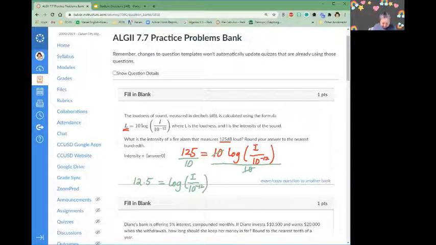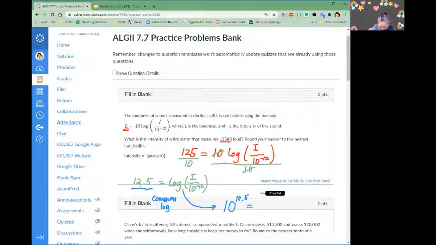If I want to convert it to exponential, I assume the base will be 10, because it's the common log. Then 10 to the power of 12.5